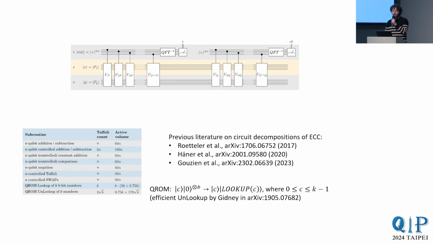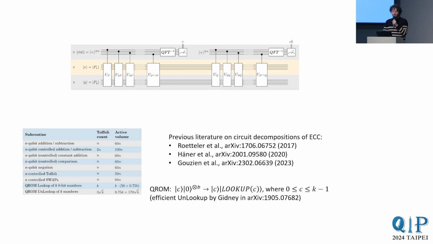Loading such a lookup table with k entries costs k Toffoli gates, but the active volume also scales with b, the size of the loaded bit strings. Uncomputing a lookup table can be done with cheaper operations as described in the literature. Now, if we want to use this table for our resource estimate, then the first step is to take this